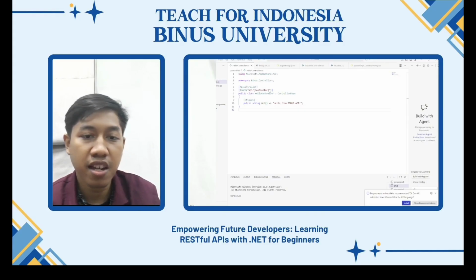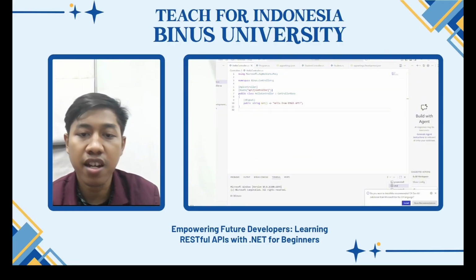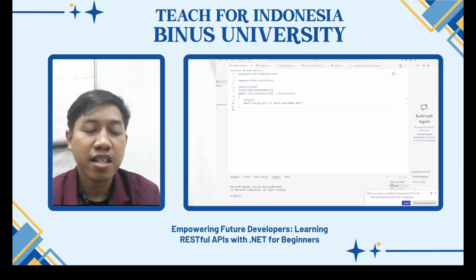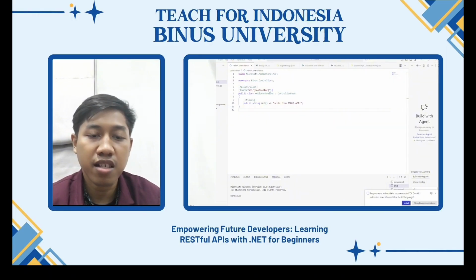Step 3 and 4, create controller. We then create a Controllers folder and add a simple HelloController.cs file. Inside it, we write a simple GET endpoint that returns "Hello from Venus API".